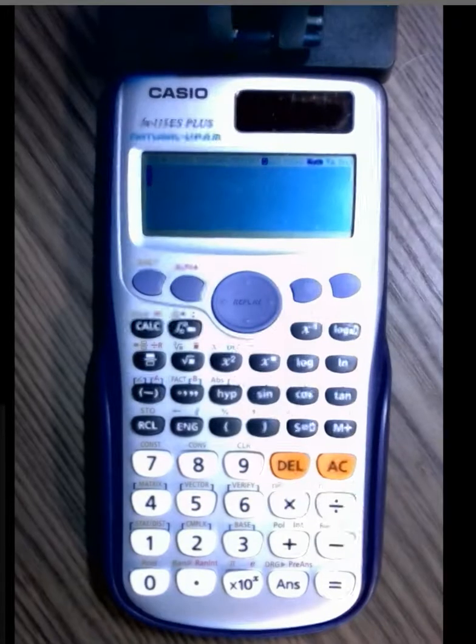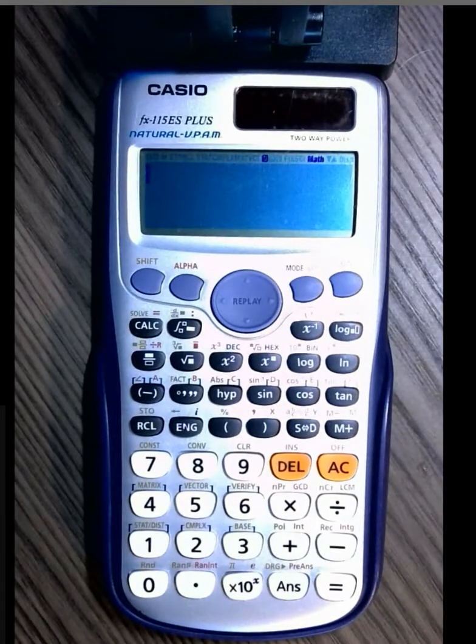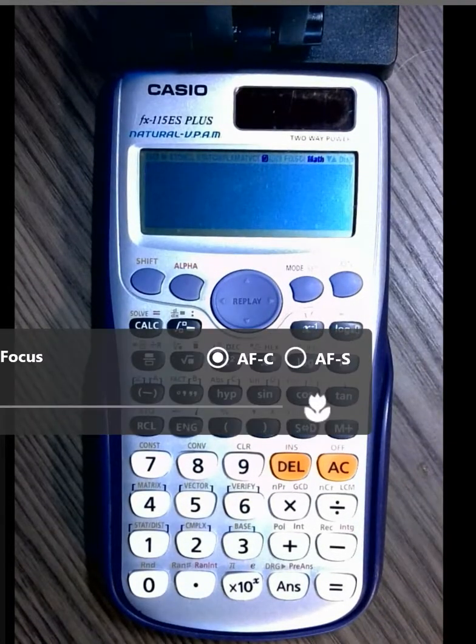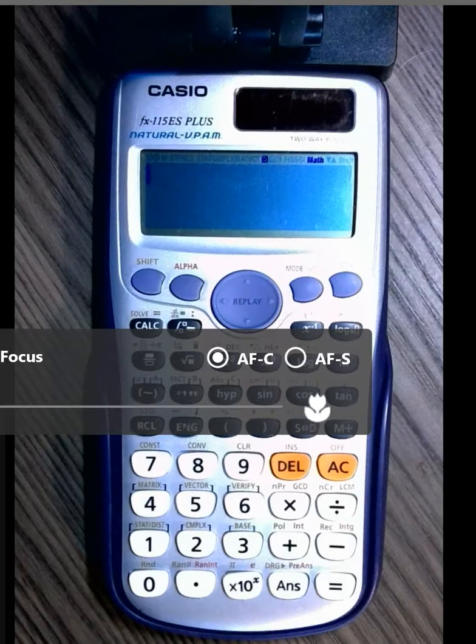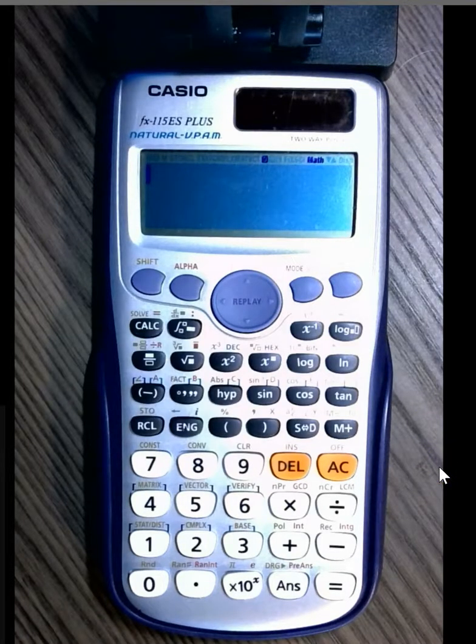So let me take the autofocus off because that's kind of irritating, huh? So let me do the manual focus. All right, there we go. All right, so